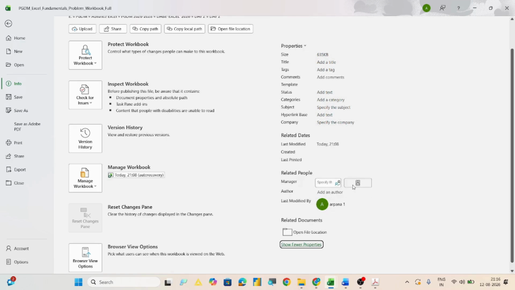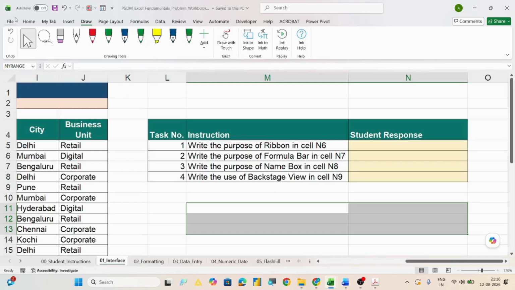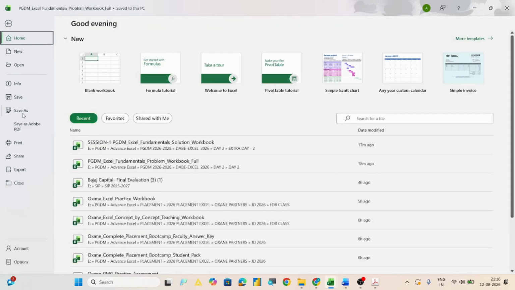Based on roles and responsibilities. Suppose some roles are being given and you have an address book, so you can specify from there also. Similarly, other options are save and save as. Save means it will save the file, and save as means if an already existing file is being overwritten and you want both the files, you can save as and give some other name to the workbook.